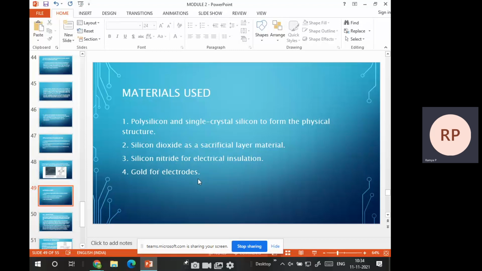You have two electrodes kept in different places, and we maintain some displacement in between, or you can say a dielectric medium. So I am going to use silicon nitride, which will be used for electrical insulation. As I told you, if I use this electrostatic comb drive as an actuator, it should have some displacement. Suppose I want to lift this particular object,